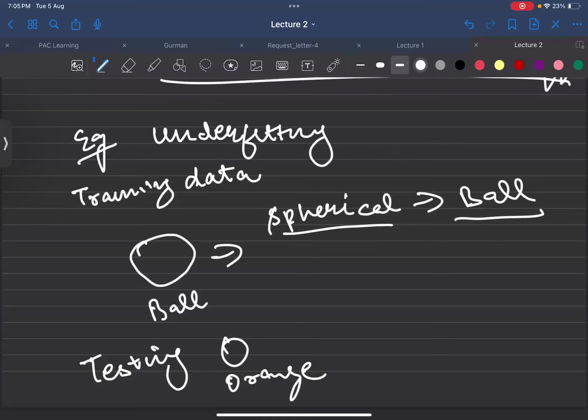I think for today's topics I'm going to cover this also, because in the starting I asked how you guys want to go. Is it going fine? Okay, continue. Testing data, fine. Not many features were added. That's why there was an error in testing. If I had given more features, like the object which is used to play, then I would have concluded in testing: no, it's not a ball.